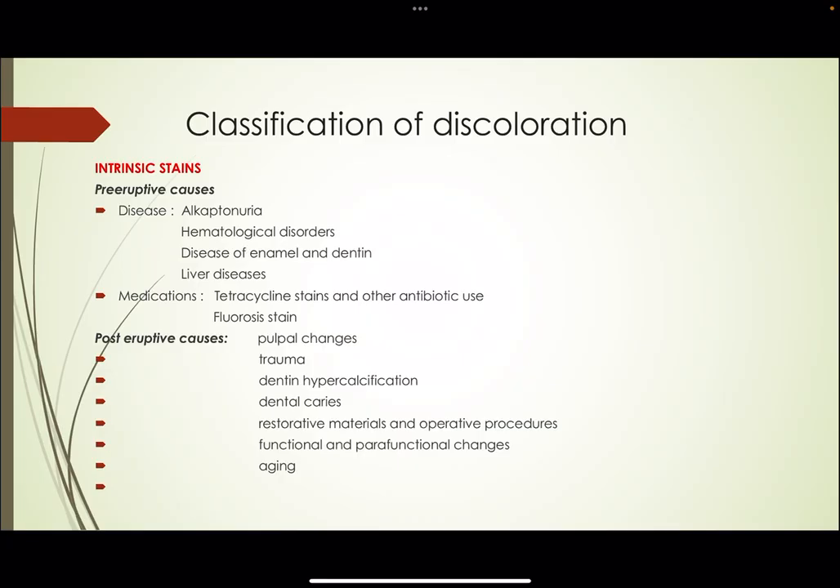Classification of discoloration. The stains can be classified as intrinsic stains as well as extrinsic stains. In the intrinsic stains, there are pre-eruptive causes and post-eruptive causes. The pre-eruptive causes, the diseases, include alkaptonuria, hematological disorders, diseases of enamel and dentin, and liver diseases. The medications which can cause stains are tetracycline and antibiotic use, also fluorosis stains. Post-eruptive causes include pulpal changes, trauma, dentin hypercalcifications, dental caries, restorative materials and operative procedures, functional and parafunctional habits, and